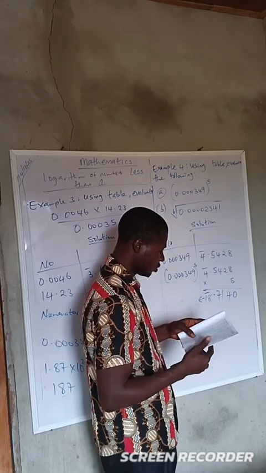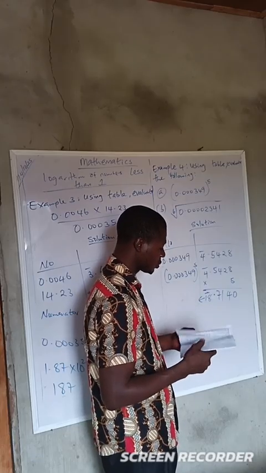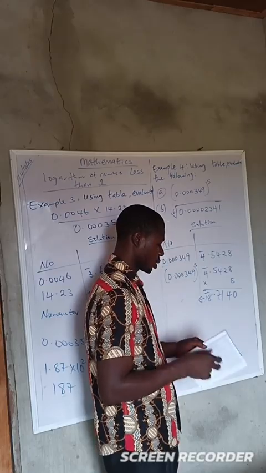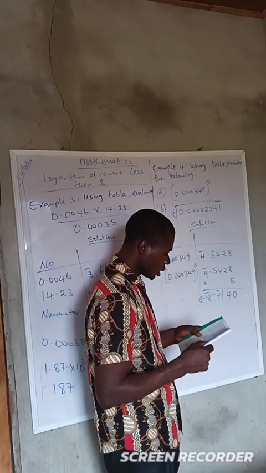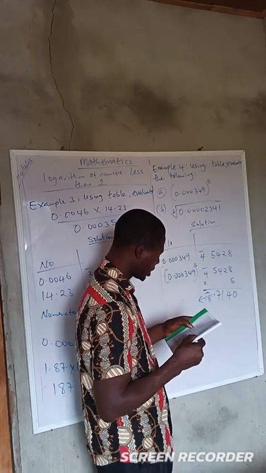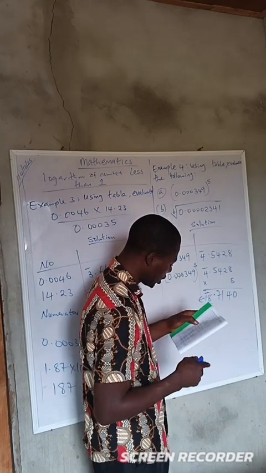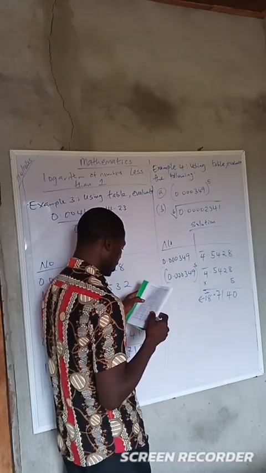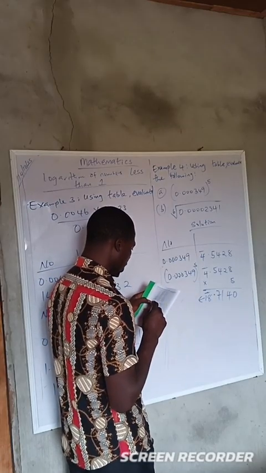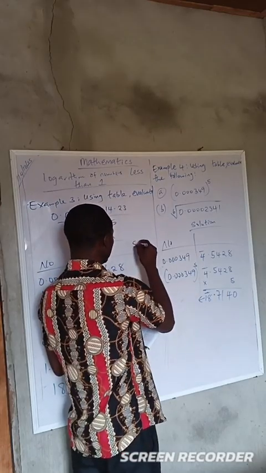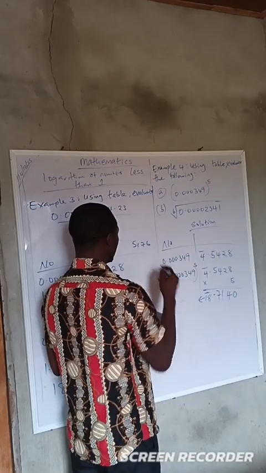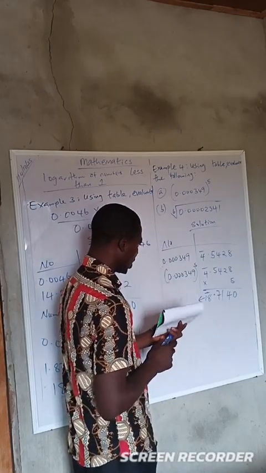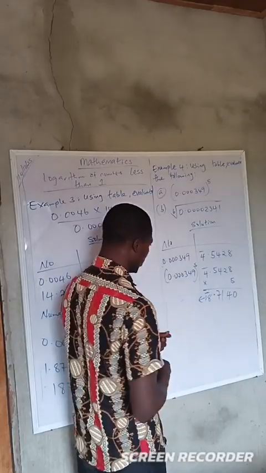So we have 0.71 under 4, which is going to give us 5176. So 5176, you are going to write it as if you are writing a number in